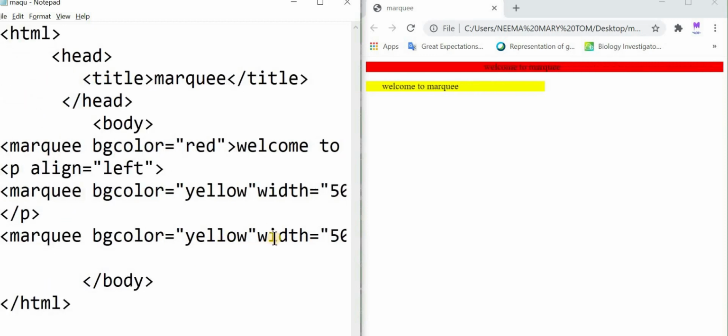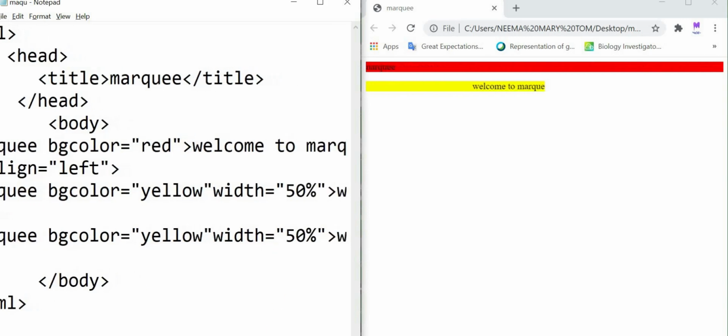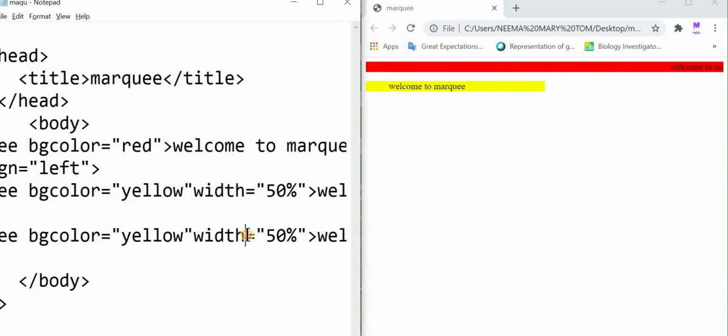I am changing this attribute width, width 50%, to height, H-E-I-G-H-T, height is equal to 50%.